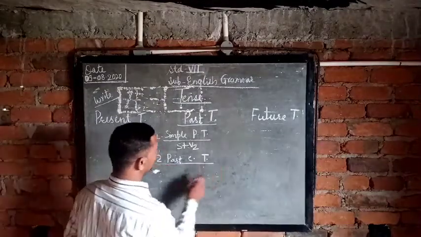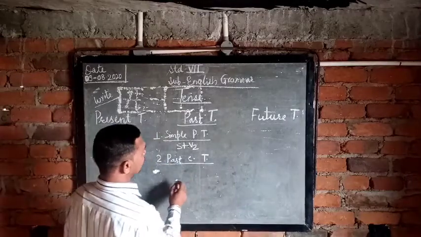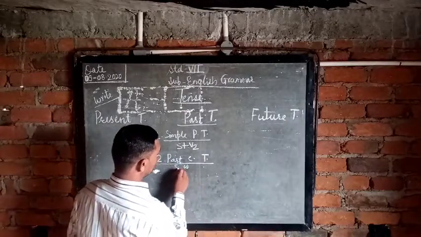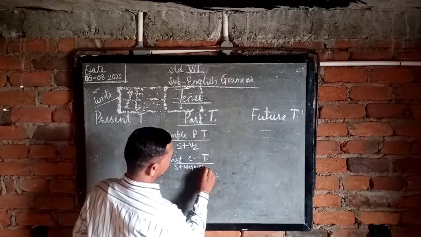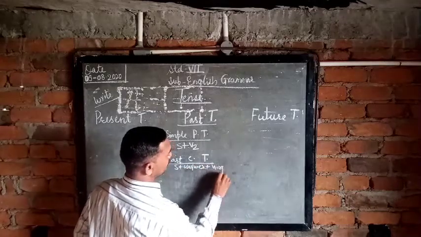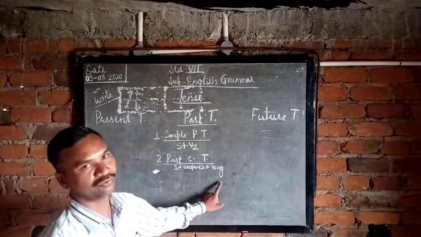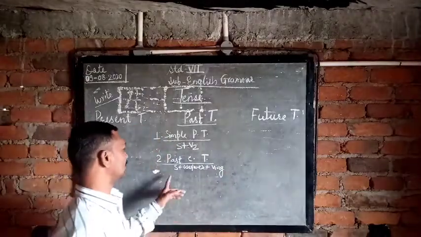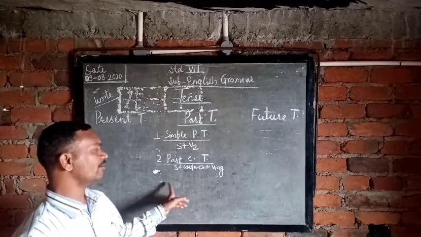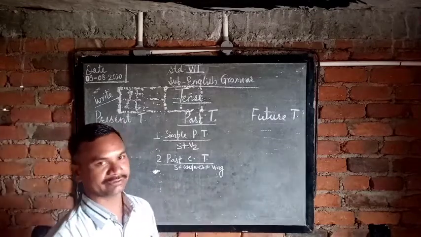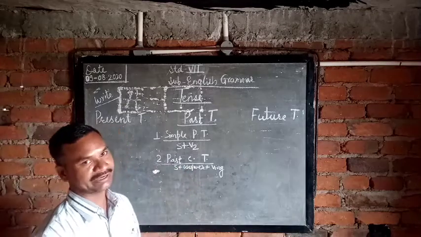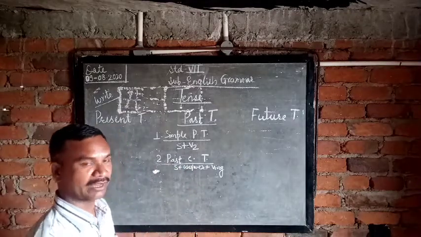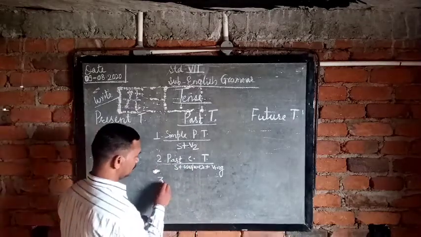The formula of the past continuous tense is subject plus was/were plus V-ing, the fourth form of the verb. So Sneha was writing a letter. This is the example of the past continuous tense. Okay, do you understand? Now we take the third